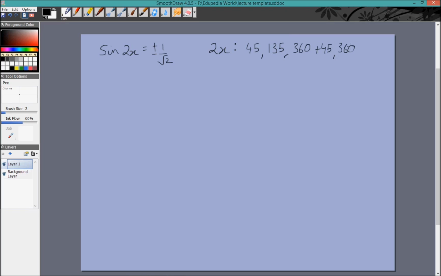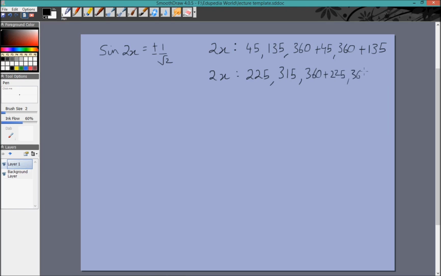360 plus 135. Right. All these values will give me 1 by root 2. Then for minus 1 by root 2, 2x can be 225. That is now in the third quadrant. This is in the first and second quadrant, third quadrant, fourth quadrant, then again the third and the fourth quadrant,